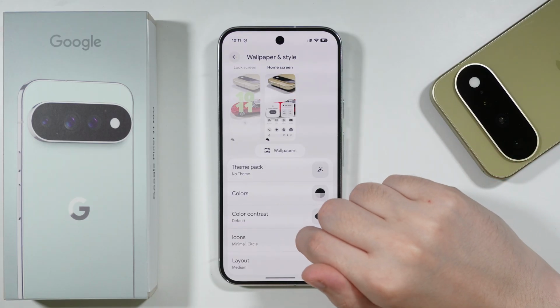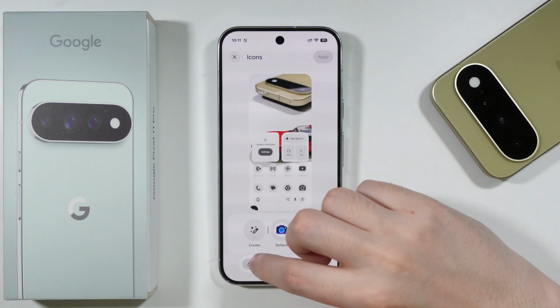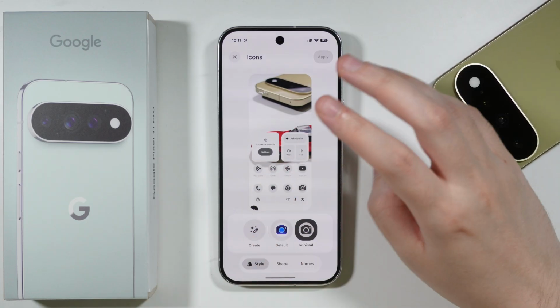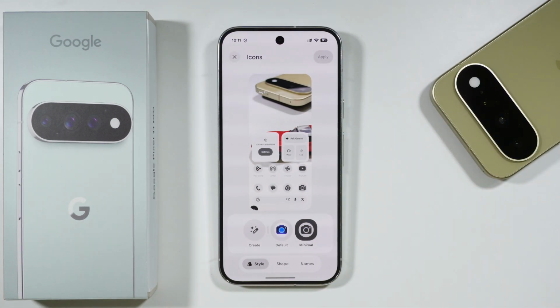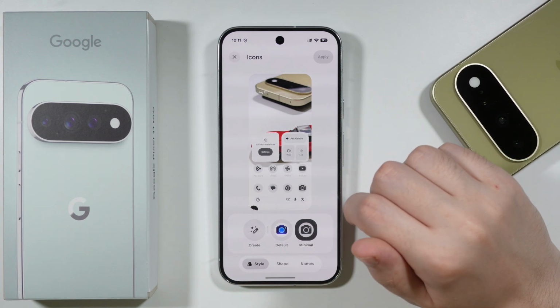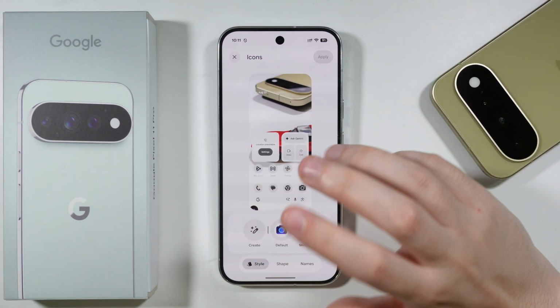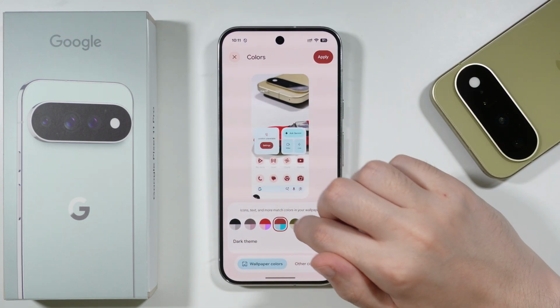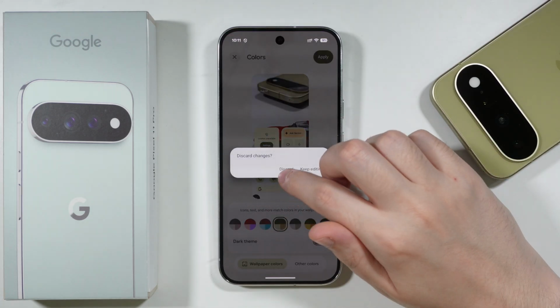Now here we should be able to go to Icons, and first we have the Style selection. So we have the default style. You can also switch to minimal style, which is going to apply this, let's say, monochrome color, or just single color, or just two colors at most, I guess, based on the color over here. So if I now switch to a different color, there we go, as you can see, colors for apps update